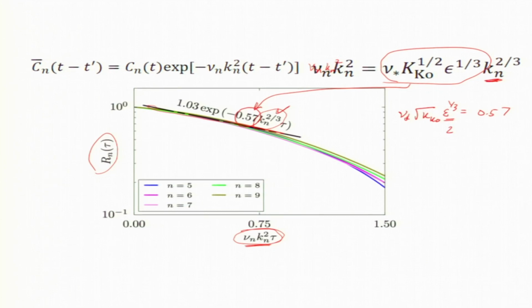K Kolmogorov, of course, I need it, so we took k Kolmogorov from theory. I think it is around 1.7 square root, and that will give me nu star, and that is how we compute nu star from simulation. And that nu star is matching reasonably well, of course not exactly on the line, but reasonably well with the analytical prediction. Simulation results are close to the analytical prediction, and that is how we compute nu star.